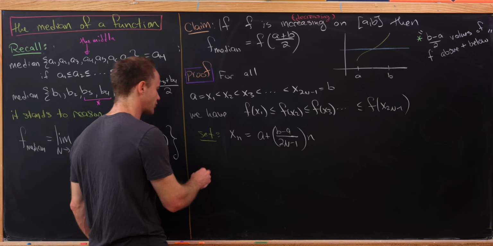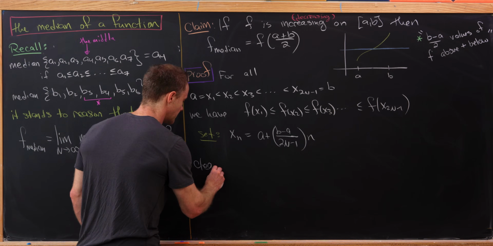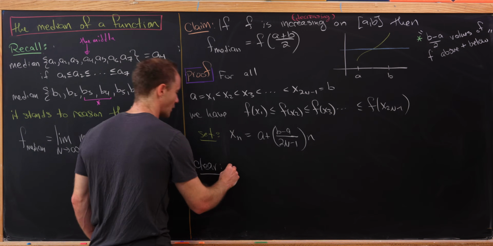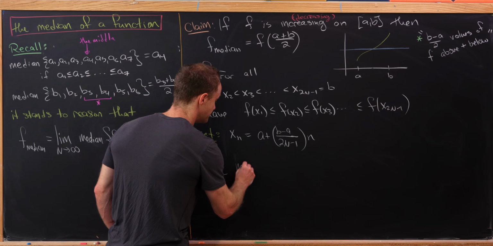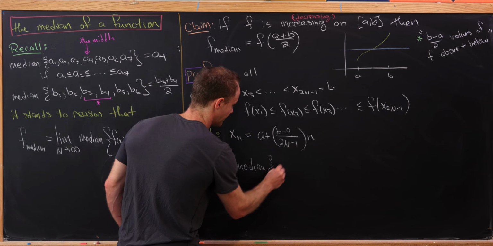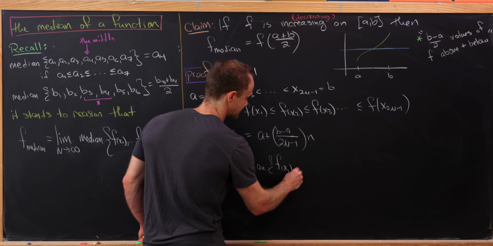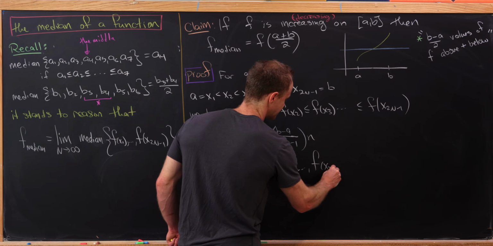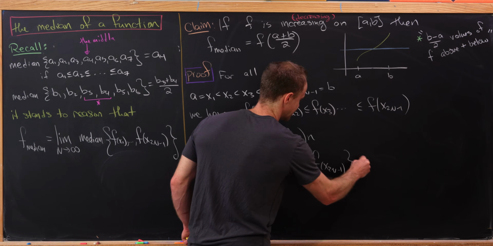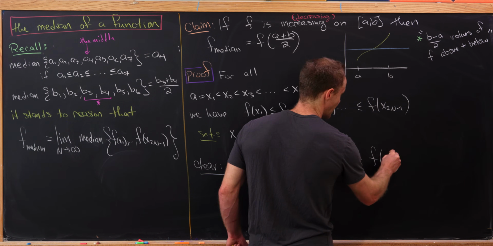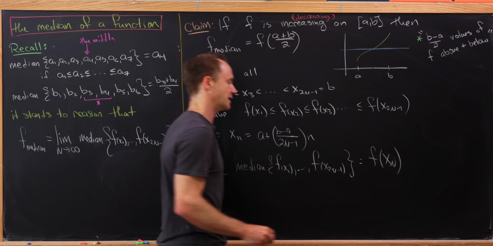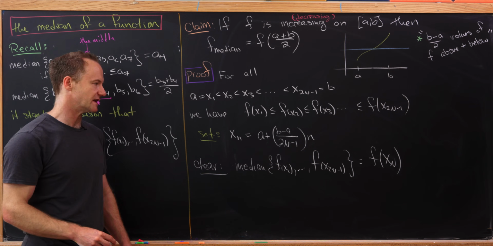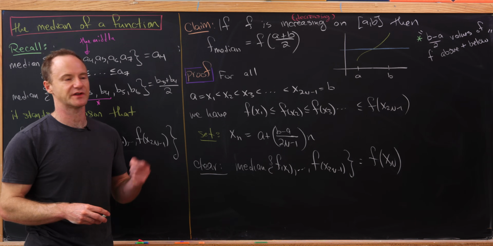But now I think it's pretty clear that since we've got this ordering right here, the median of the set containing f of x sub 1 up to f of x sub 2n minus 1 is simply equal to f of x sub capital N, because that's the one right in the middle,